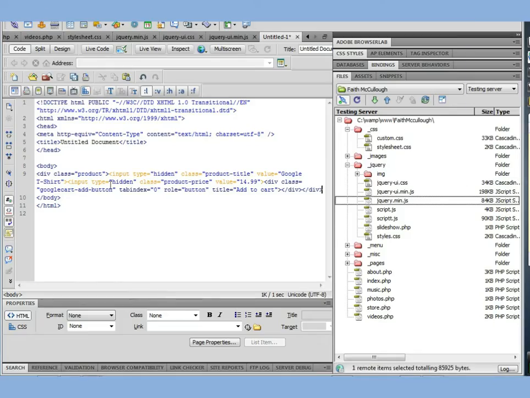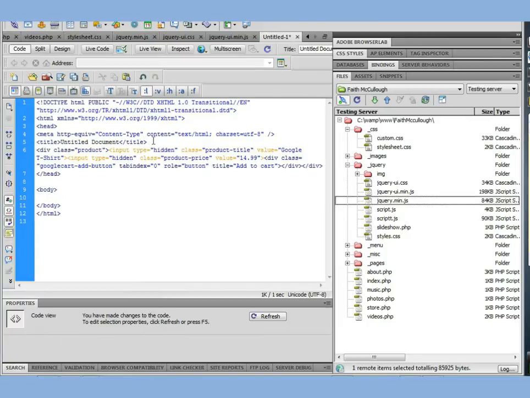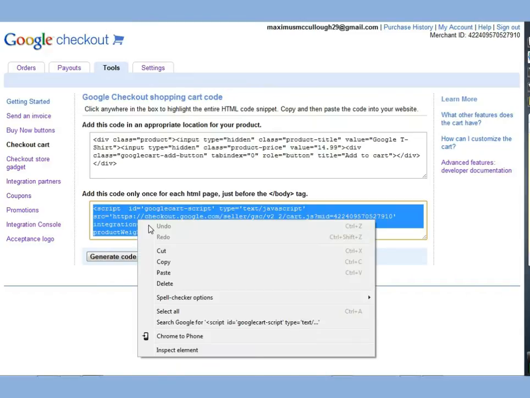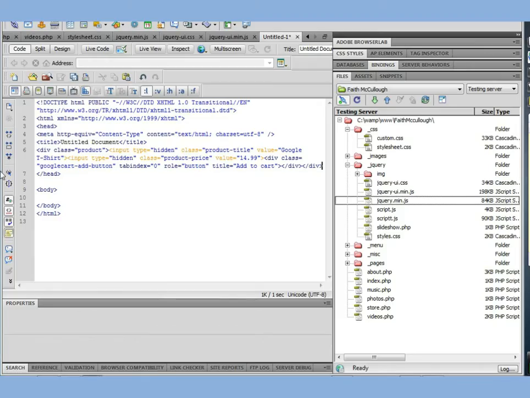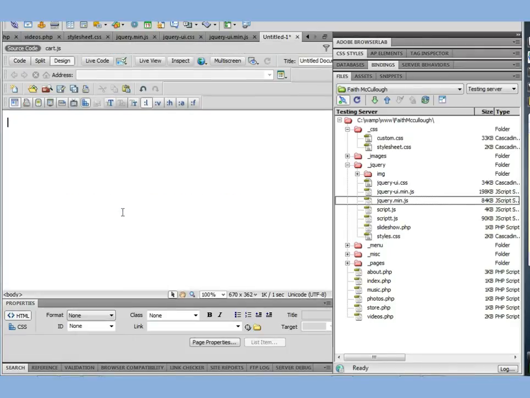Hold on. This section here, you would paste into the head section of your website, and then this bottom section here would be just before the body tag. As you can see, they give you clear instructions there. So look for the end of the body tag. You paste that in there, and you have it.